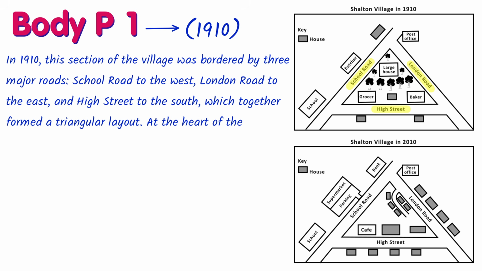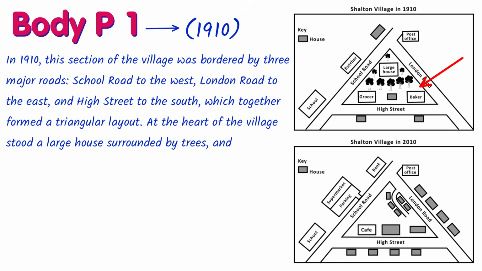At the heart of the village stood a large house surrounded by trees. So you pay attention to the passive words here, right? Surrounded by trees. And now let's take a look at the grocer, the baker, and a small house, which are in the southern part of this large house. So at the heart of the village stood a large house surrounded by trees, and directly to its south,